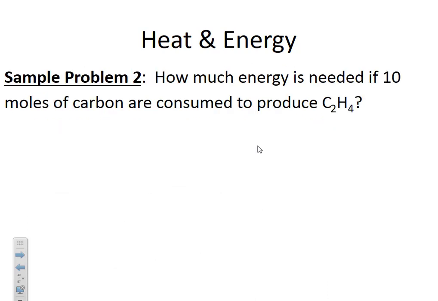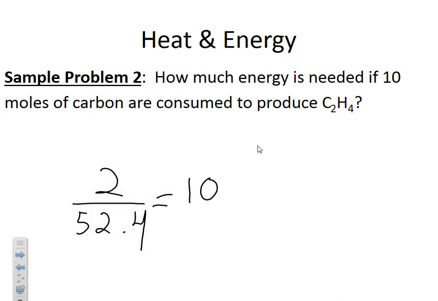Looking at our next example here, it says how much energy is needed if 10 moles of carbon are consumed to produce C2H4. So looking at that, you're going to be looking at, again, Table I, trying to find where carbon is consumed to produce C2H4. Looking at the C2H4 piece, you're a little over halfway down the page, and you can see that carbon and hydrogen are synthesizing to produce C2H4. So in this case, we have a ratio of 2 moles of carbon producing 52.4 kilojoules,